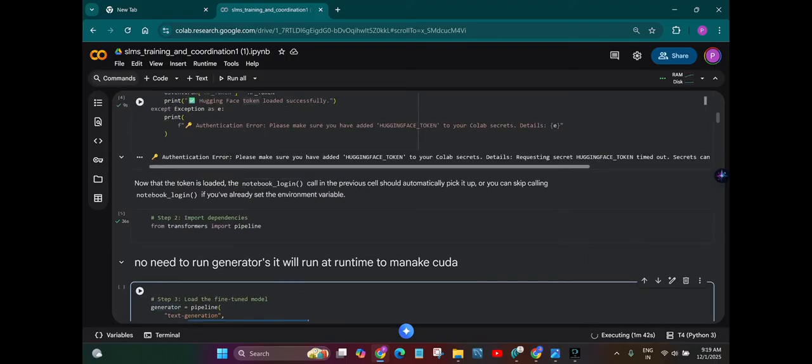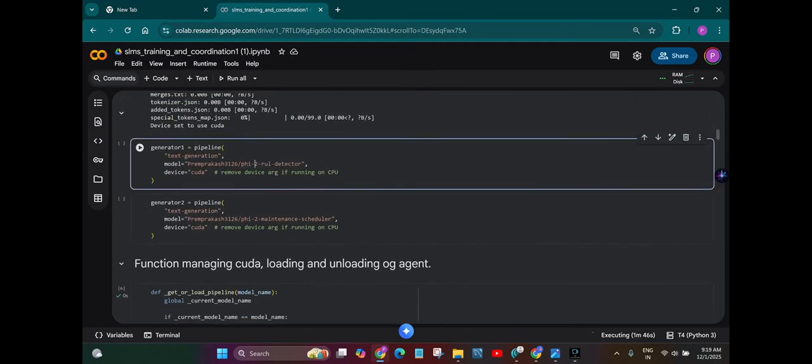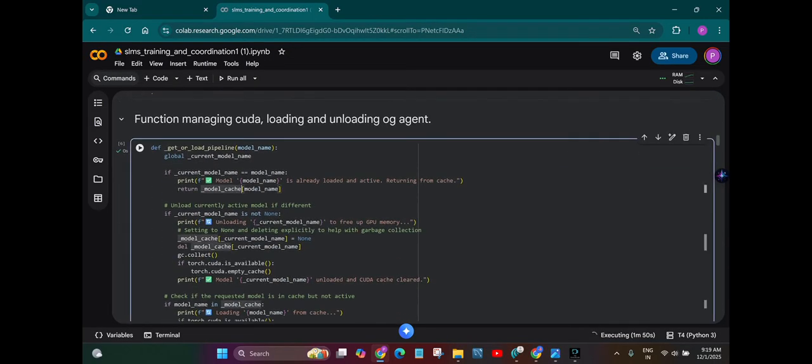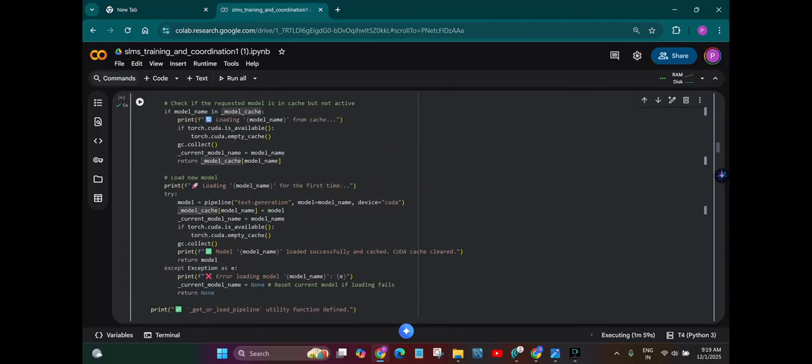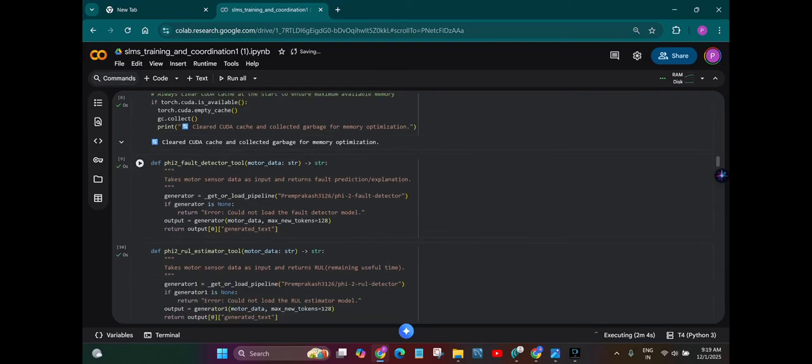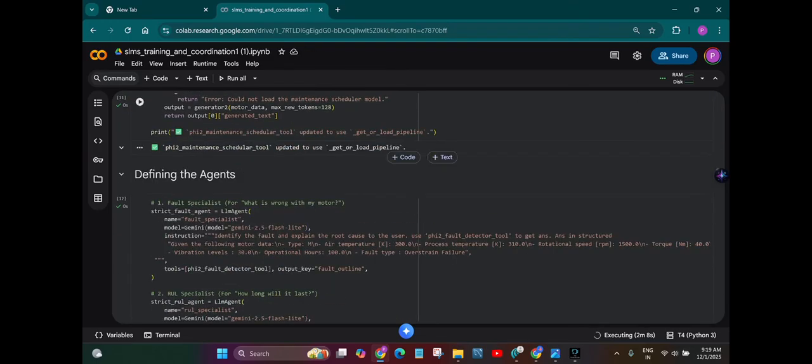I'm loading them here with the transformer generator. The second one is the RUL detector and the third one is the maintenance scheduler. I'm loading the pipeline, the QDA is filled here, and the SLMs are loaded on the GPU. I am setting this function to load and unload the agent, and I'm defining the tool function here, defining the agents